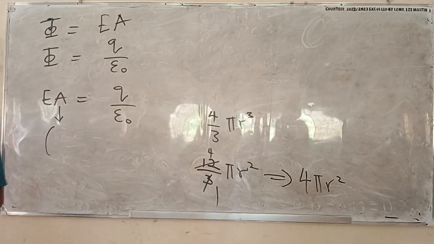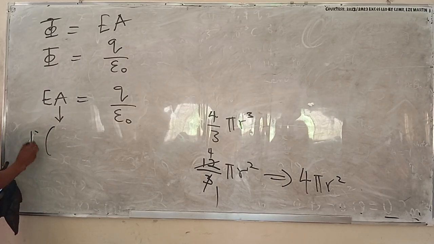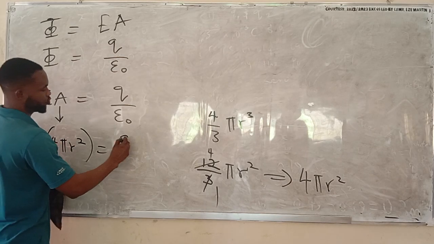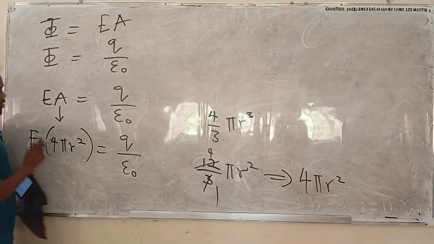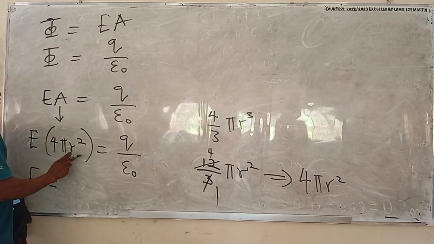Please, I told you, anytime you want to get the area of anything in physics, don't just go and say it like in mathematics. Just know the volume and differentiate the volume for me. Because sometimes if you try to carry all the areas and put them there, you might make a mistake. But once you know the volume, differentiate it, and that's the area you need in physics. So I'm now going to have E into 4 pi r squared equals Q over epsilon naught. Making E subject of the formula, I have E equals